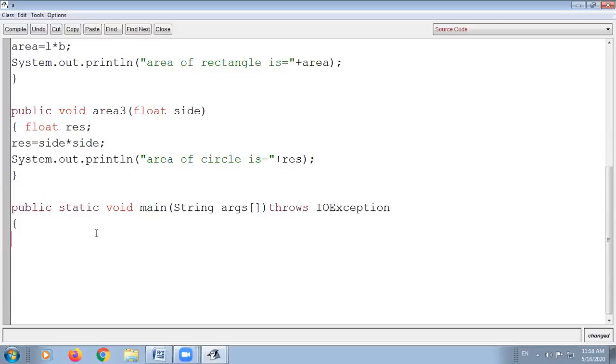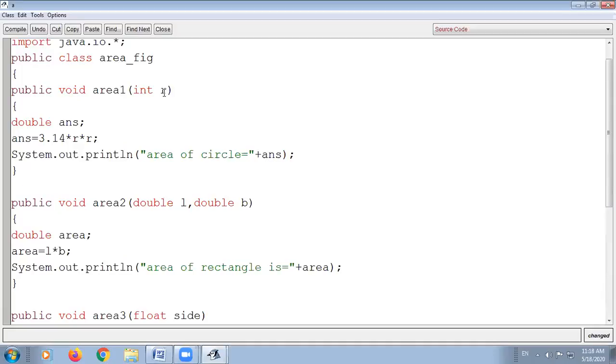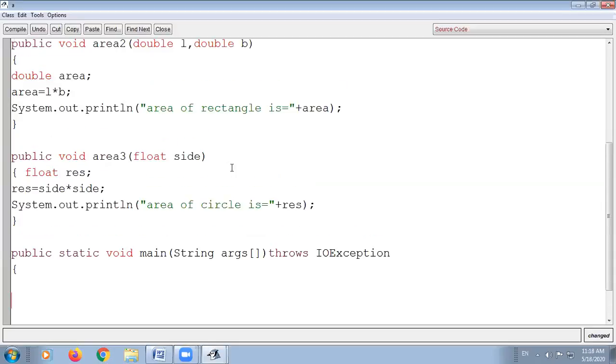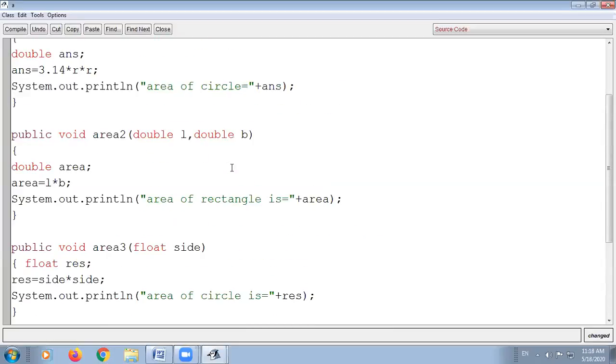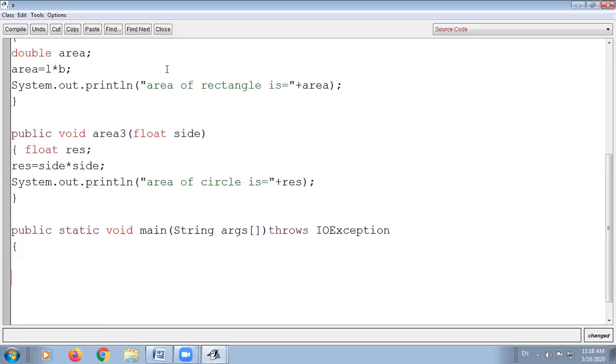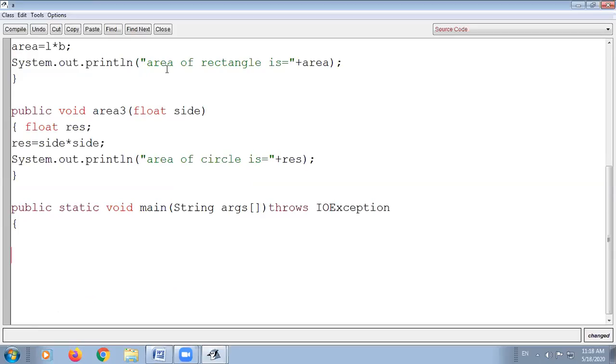Now next we will take the local variables. How many local variables do we require? Because all these functions are accepting some values, we require four variables for calling these functions. You can change the names of the variables also, but I already told you that the actual parameter and formal parameter names should be the same, so you can take the same name. Suppose this function is accepting the radius in the variable r, so you can take the actual parameter also as r. But remember the data type. That is int r, so you can take int r here.